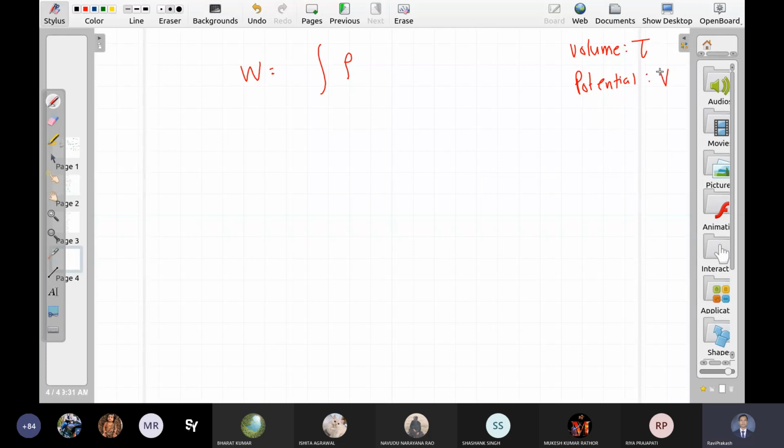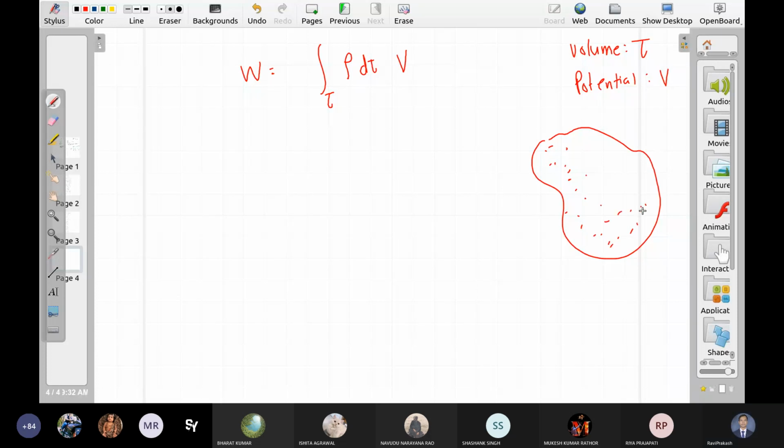So if I have such a small piece of charge which is taking d tau volume, this is the charge into potential at that point. This is the integral over the whole space where charge is there. So let us say we made this kind of shape of charges. There is a continuous charge distribution with this density. And we want to know how much work we have to do to make this kind of shape. Answer is this, where tau is integral over this complete volume.